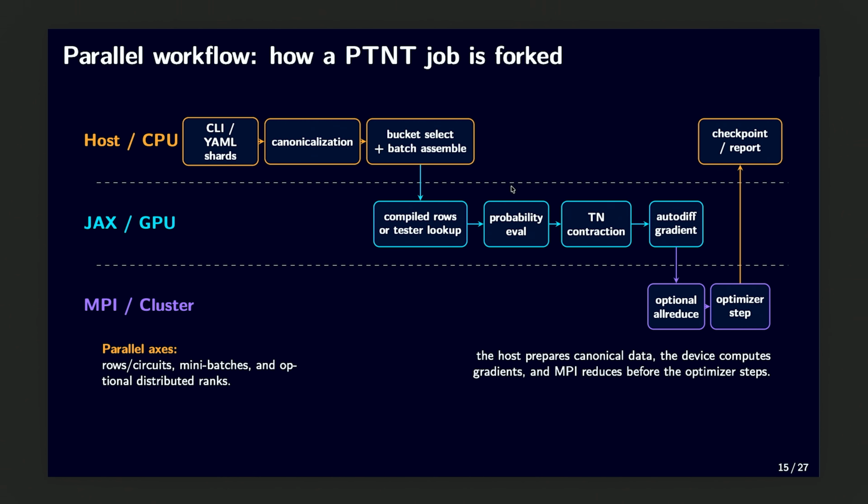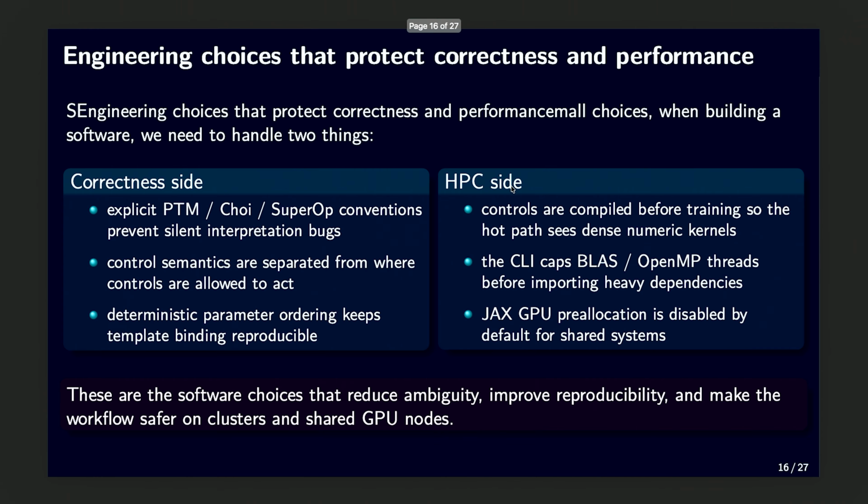And also we have MPI for optional or reduce and optimizer setup. This problem, as I mentioned, has 2 different outputs. It's going to have the scientific output, and another output is going to be software, right? So we have to consider both sides. I never had experience writing any software, so it was a little bit challenging for me